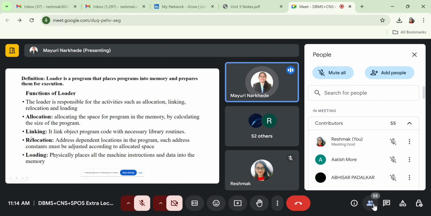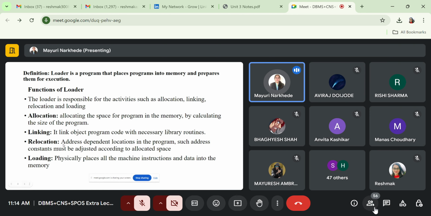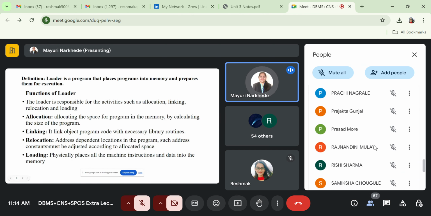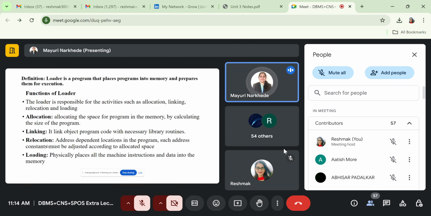So next is what? Relocation. What is the relocation? Suppose my program requires X bytes of memory, right? And suppose I have made some changes in the previous program, so I require more size in the main memory.